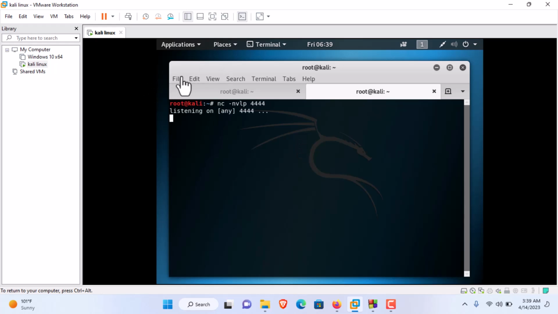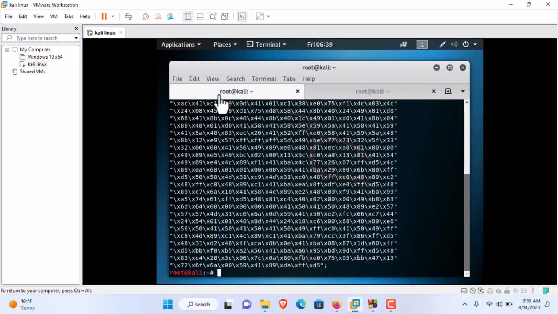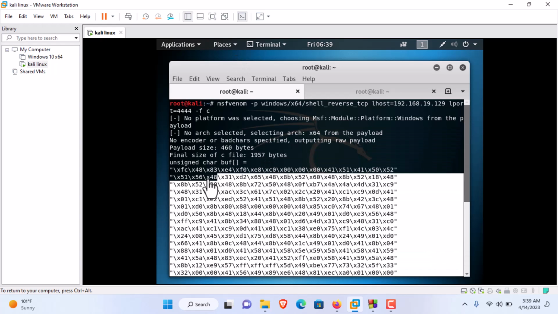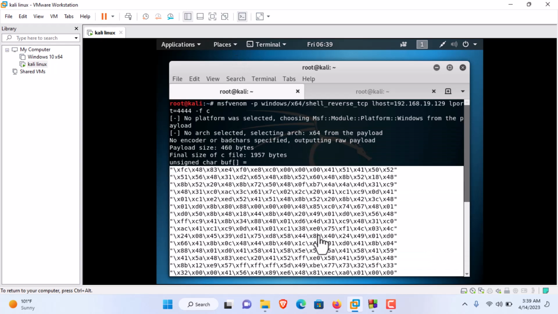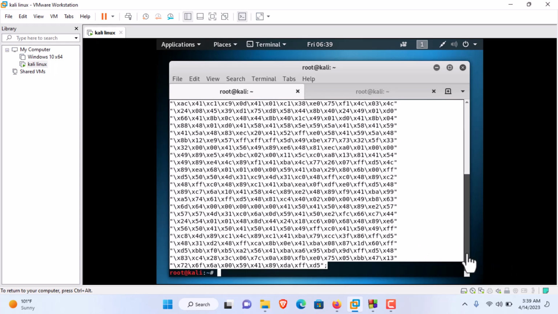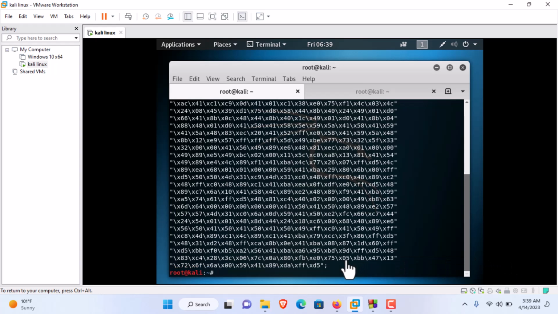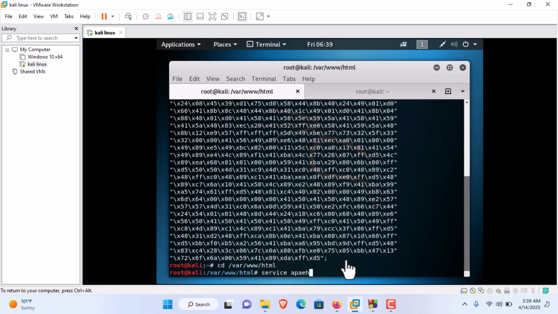You can see here now this port is listening, and on the other hand you can see we successfully generated the shellcode. So I will copy the shellcode, and I will save this in a txt file, and move this txt file to the /var/www/html folder, and then I will host the file to get the shellcode. So I will type cd /var/www/html, and I will start the Apache2 service as well for hosting, and then